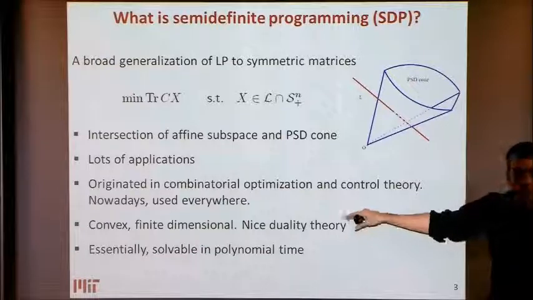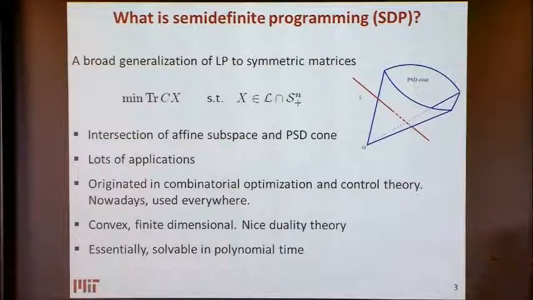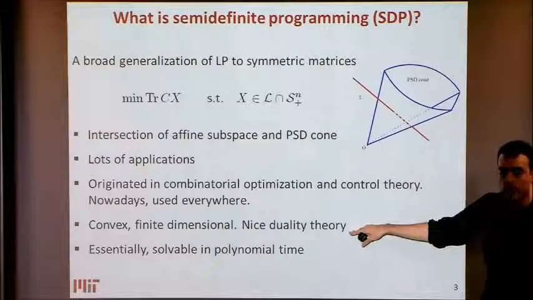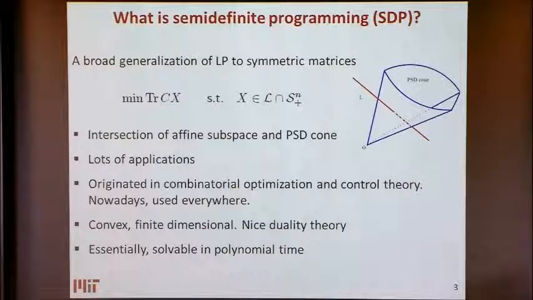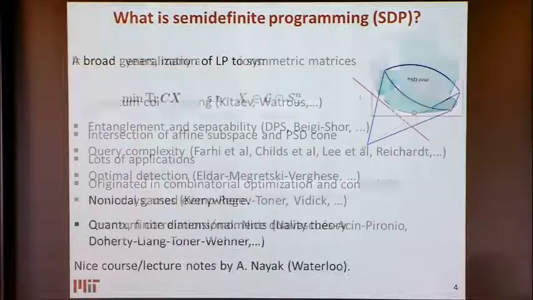For instance, there's a beautiful duality theory that pretty much has exactly the same features as in linear programming. And this is going to come in very useful. We're going to see even in the things I'm going to describe today that it's very convenient to not just look at your primal formulation of your optimization problem, but also look at the same time what happens in the dual, and you can carry a lot of information from one place to the other. And these things are essentially solved all in polynomial time.